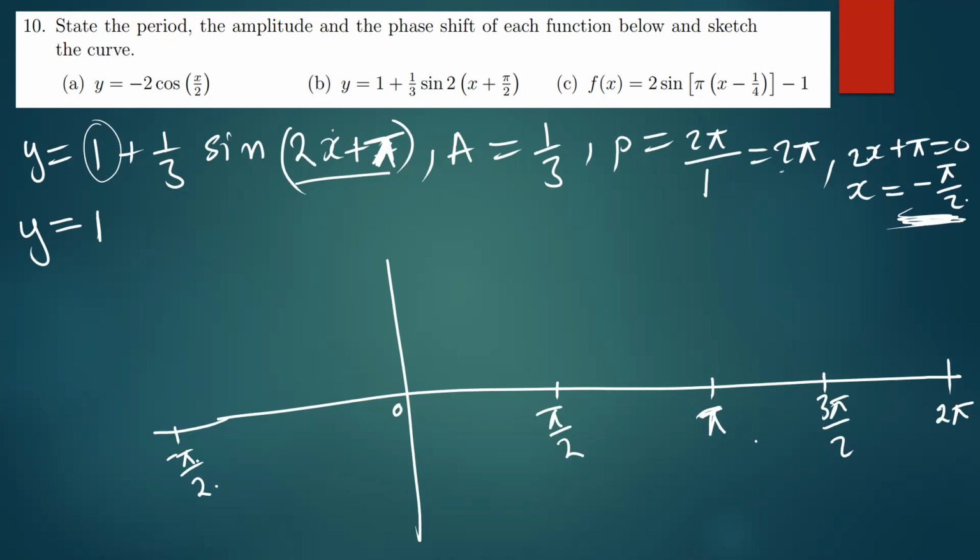Okay, so let me just move this point a bit closer to the 0. So we have negative pi over 2. So from there, we can now start sketching the curve. Then before we start sketching, we can write our axis there, the principal axis, which is 1. This one, you get it from there. So if you write your 1 there,